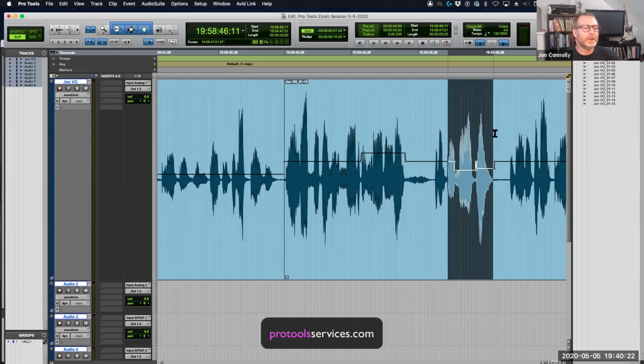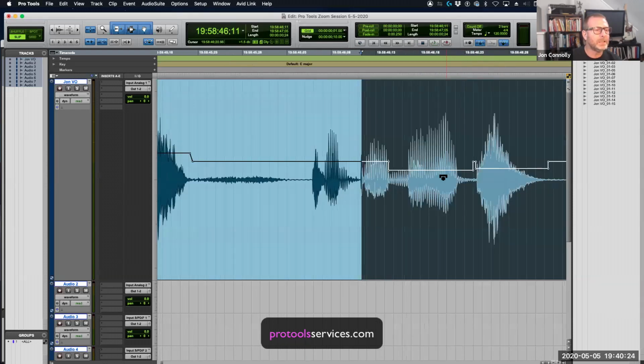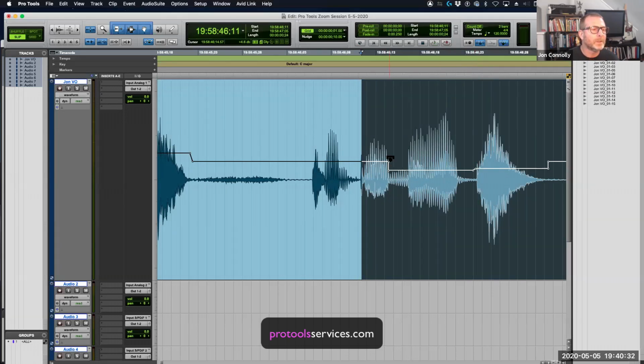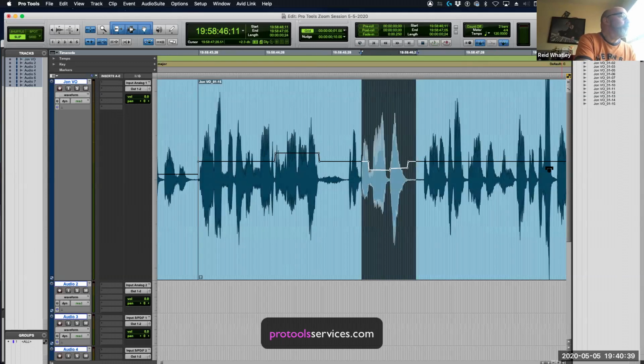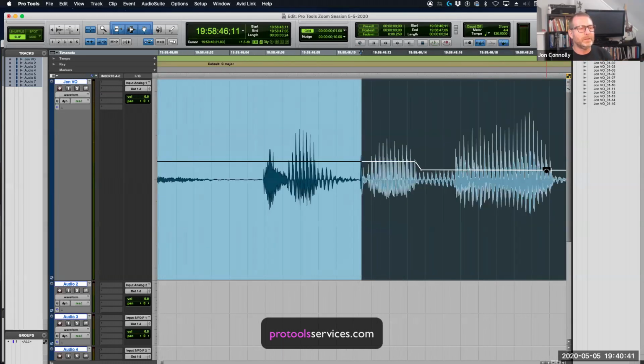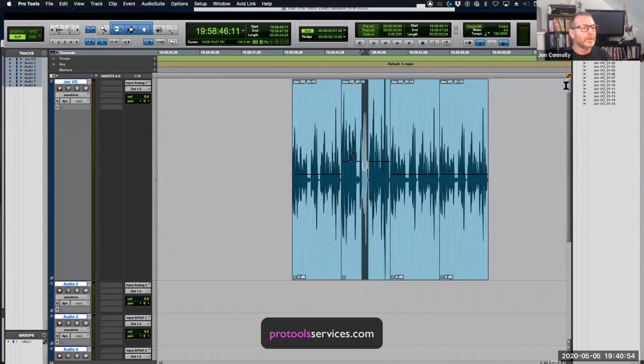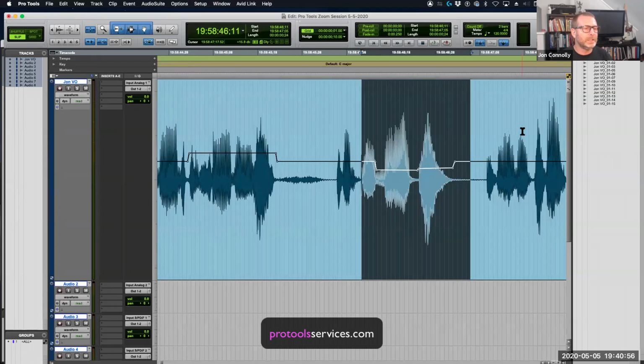Now I would come in here and I'm going to use the T key to zoom out. I've got this little abrupt thing. I'm going to option click on these breakpoints to clean those up, get rid of them. I'm going to ramp this one out so it's not a right angle. Ramp that one up. I'm using the R and the T key to zoom in farther, zoom in and zoom out. And again, this is a function of that A to Z button here. So it's just R and T. I don't need any modifiers, no control or shift keys to be held with that. R zooms out and T zooms in.